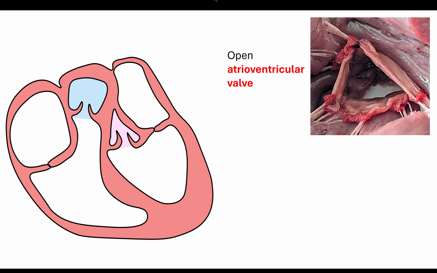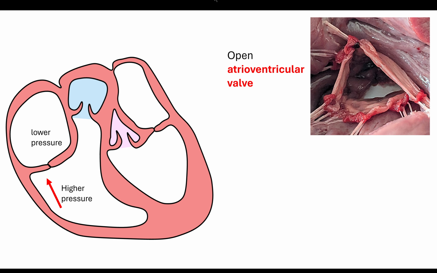So if we then move down and we look at the open atrioventricular valve, we have the blood being pushed out of the atrium as the atria contract down into the ventricle, and that atrioventricular valve is going to open fully. Now, if the pressure becomes greater in the ventricle as the ventricle starts to contract, so the pressure is greater in the ventricle than in the aorta,